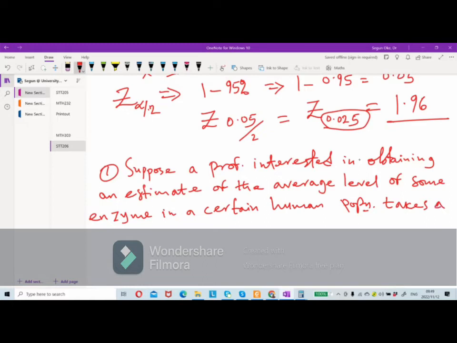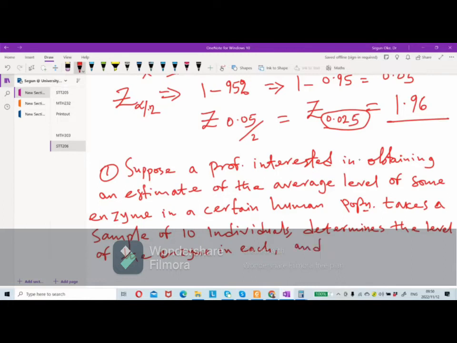Takes a sample of 10 individuals, determines the level of the enzyme in each, and computes a sample